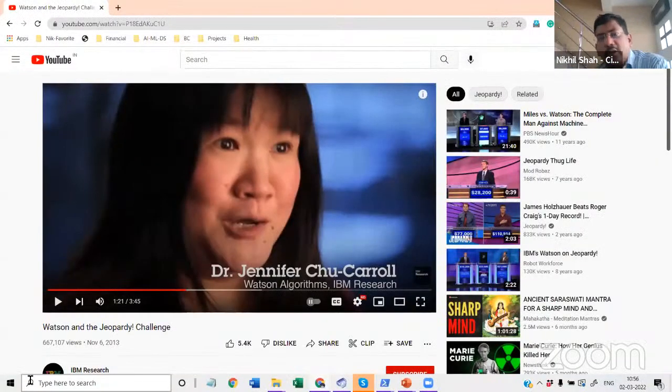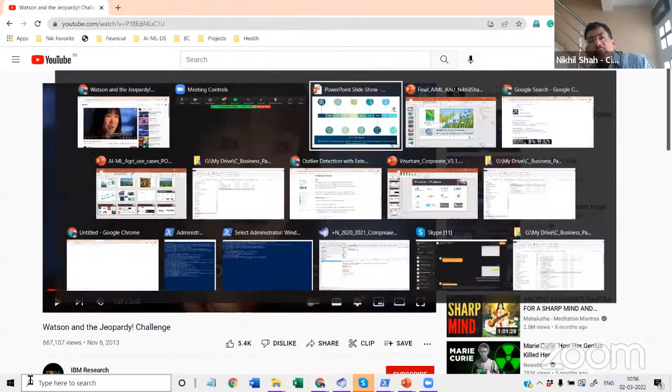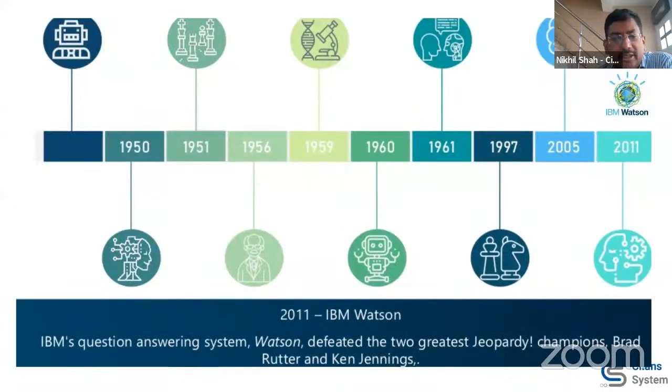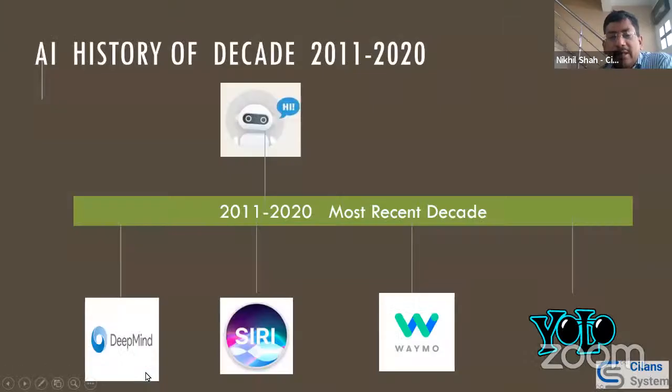So Watson is just like acting and talking like a human, but he's using internet search capabilities. Basically, whatever learnings he has gathered over a period of years. Just like humans, right? We learn a lot of stuff, and then we go to games like Kaun Banega Crorepati, and based on our intuition as well as memory, we answer. Similarly, Watson was able to use whatever he had learned to participate and win. So basically, the human was beaten by the computer, and that was a very big landmark.